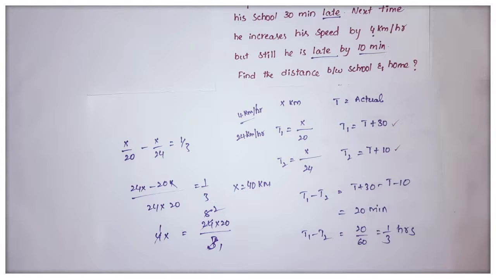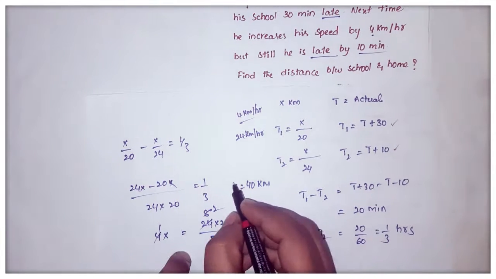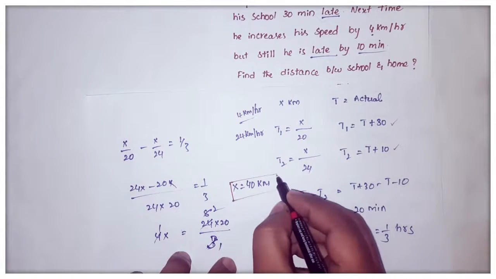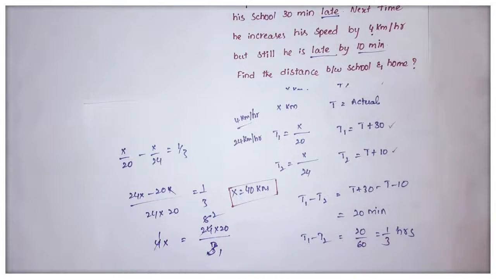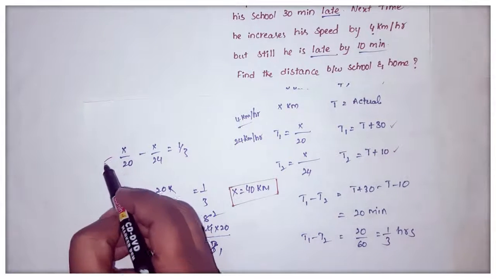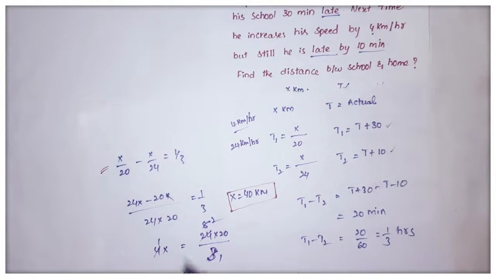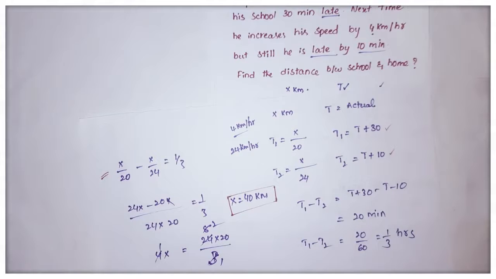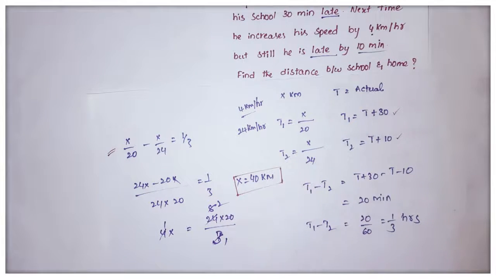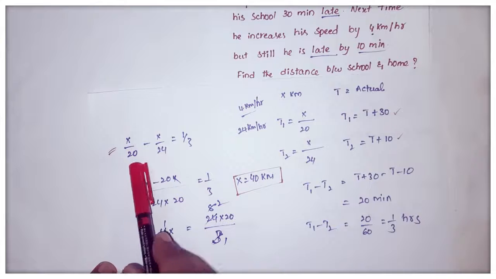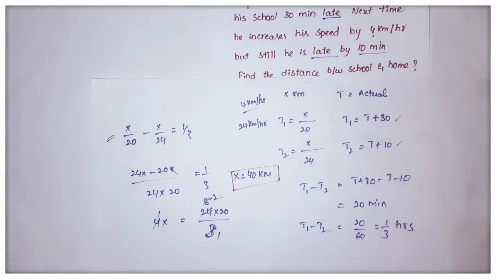You can solve it within 30 seconds if you solve more number of problems like this. So try to solve more number of problems like this, friends. This is a very simple and important problem. If we solve more number of problems, you can directly come to this particular step. From this you can solve these values. Since you are beginners, I did all these things. If you are familiar with this kind of problems, you can directly come to this particular step and you can get the answer within 30 or 20 seconds.